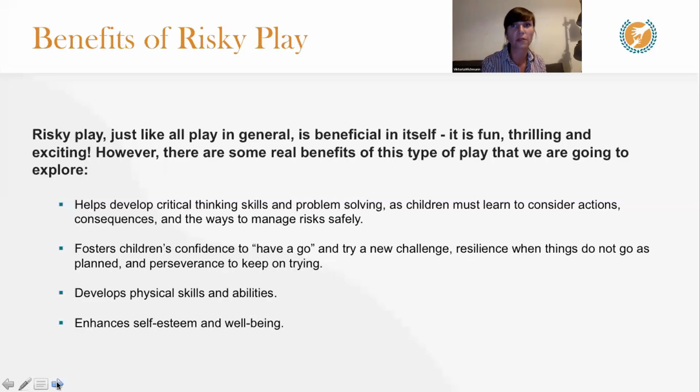And for some children, the fear of getting it wrong will stop them from even trying. And that's where the benefits of risky play come in, because children will develop this ability to overcome those fears and have a go. Now, the next of the benefits is that risky play develops physical skills and abilities.